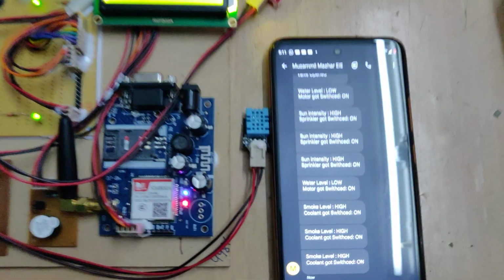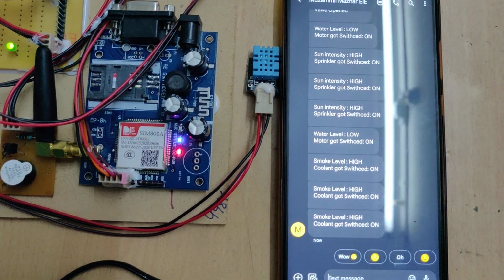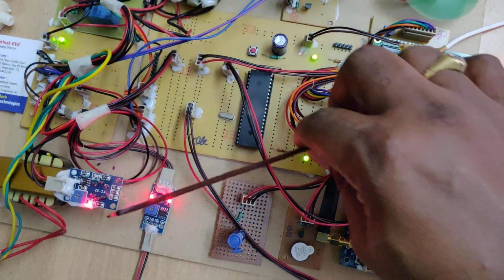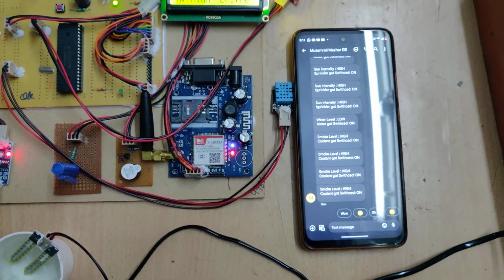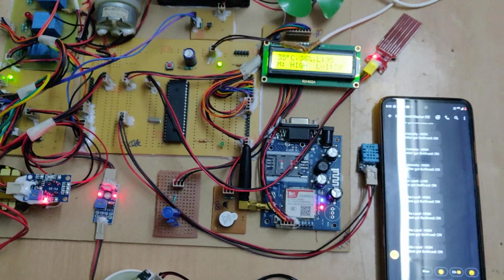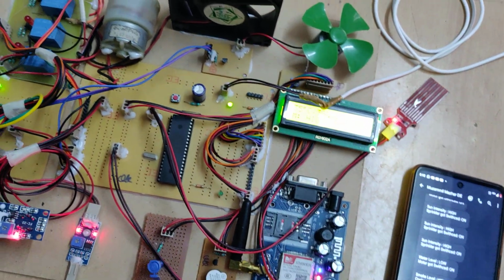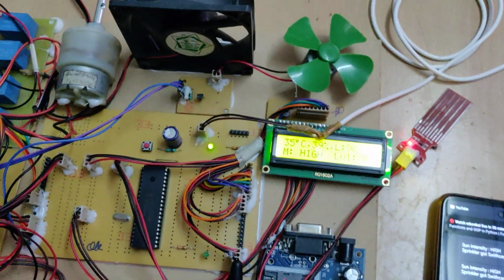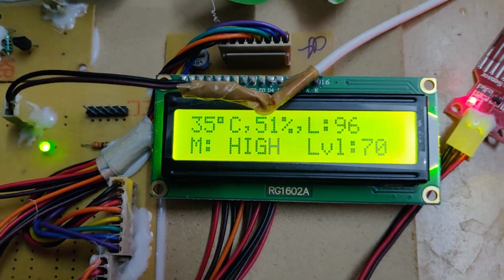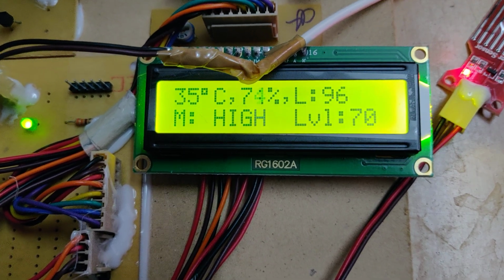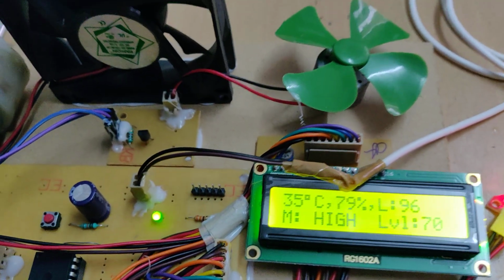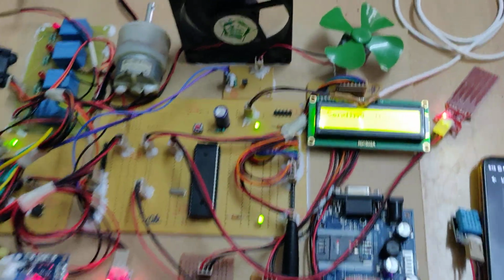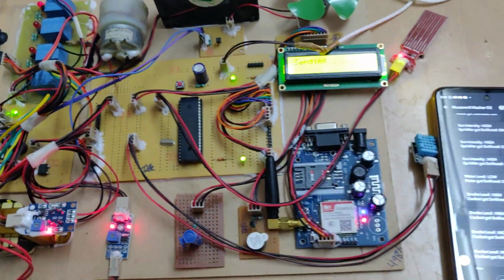And next, coming to the smoke, like this, when we show the smoke, the light will be indicated. And next, humidity. For humidity purposes, we need to blow air. I'm blowing air on this sensor. Right. When it is above 80%, as we can see, the exhaust fan got switched on, and we'll get